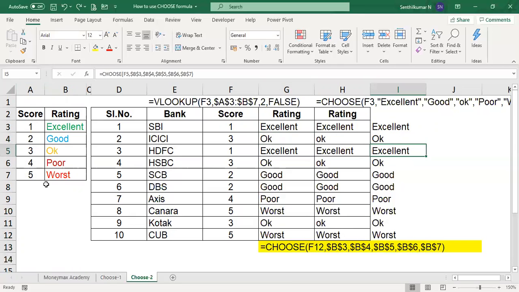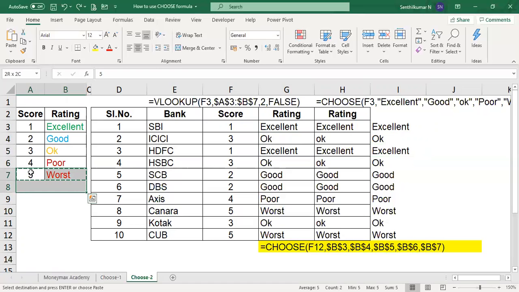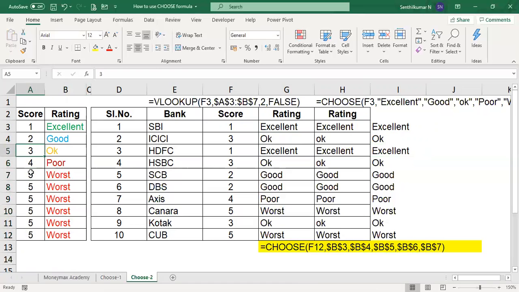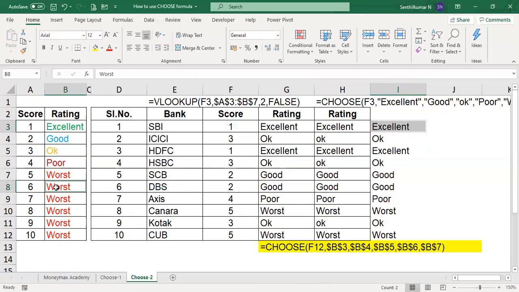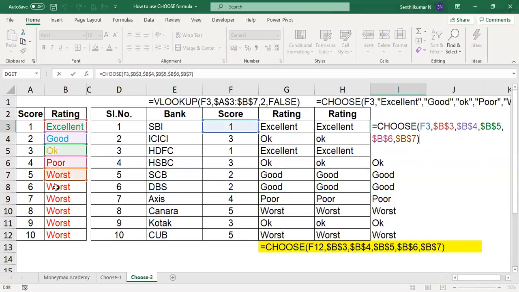If you have multiple data, suppose I am giving another 4, 5 numbers up to 10. After 5 everything will be worst, suppose. So if you want to add, you just add with control, that's all. I have not given any commas. Please listen friends.